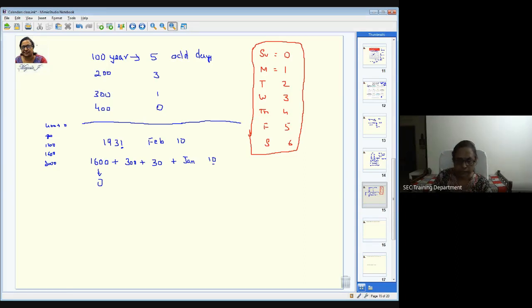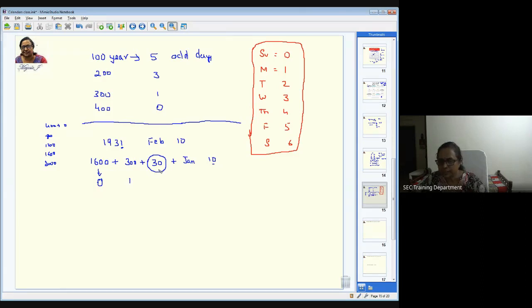And then the next is 300. For 300, what is the number of odd days? Answer, one of you. It's going to be 1. This is normal. Wherever you come across 1900-something, these two are very, very common. The same thing is going to come here. But if you have crossed 1900 and it's in the 2000s, this part will not come there. So this is very, very common.